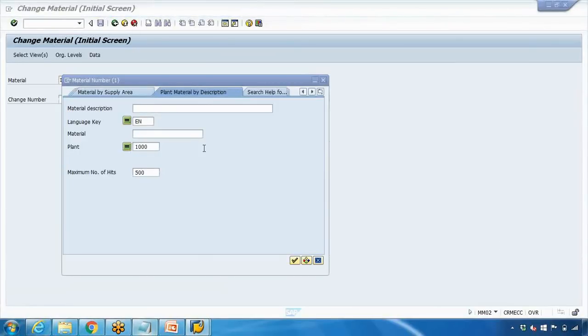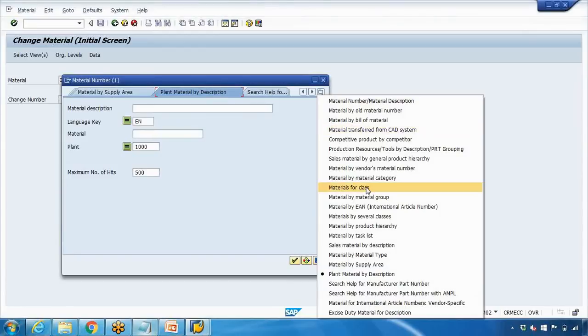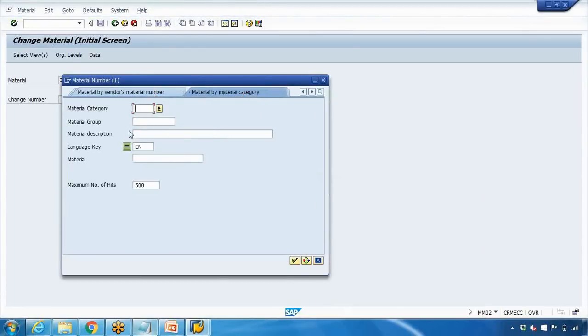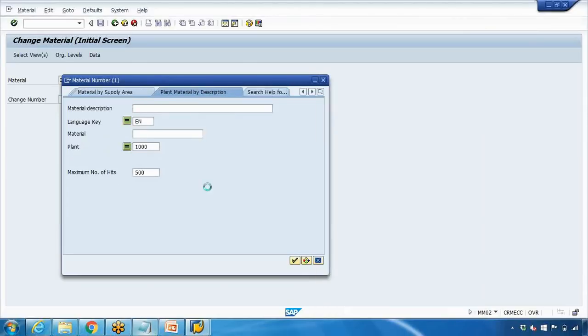So it's showing me this search screen. If you do not see a similar screen, then you need to select this screen by clicking on the last icon here. So you can see a different screen. For example, you're probably seeing this one. If you do see this one, then click on the little last corner and select this one, plant material by description. So select that. So here you can see I'm searching within plant number 1000, and my material,